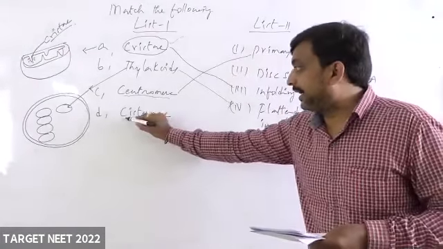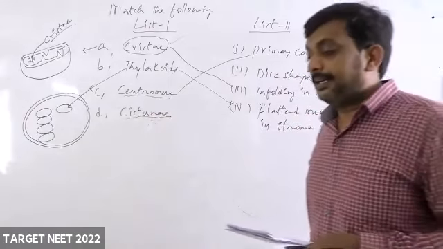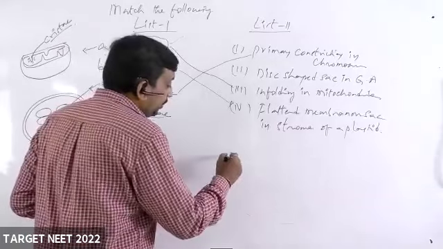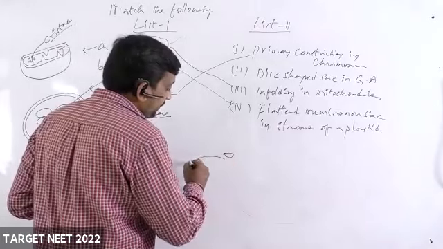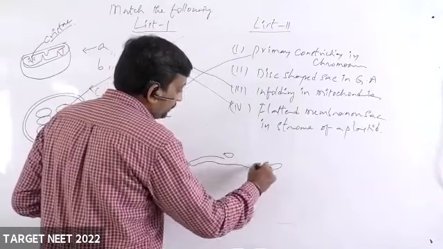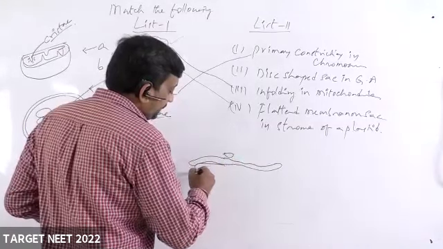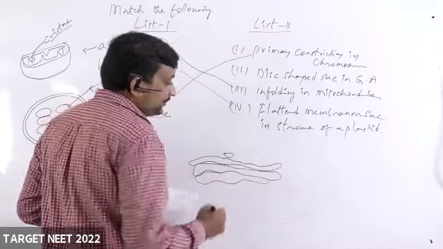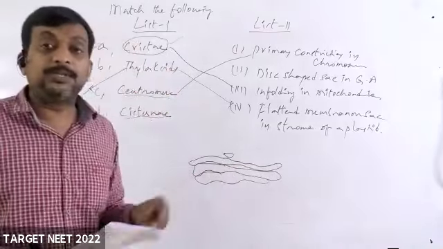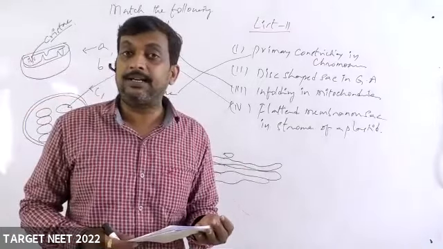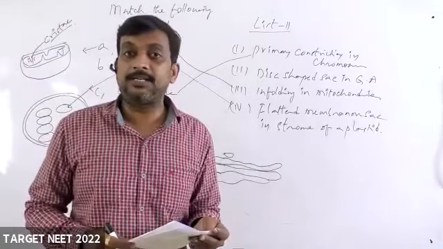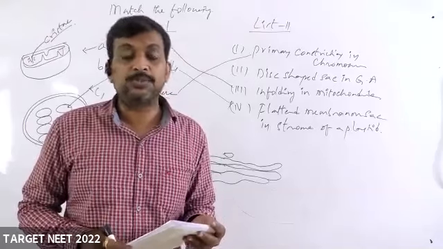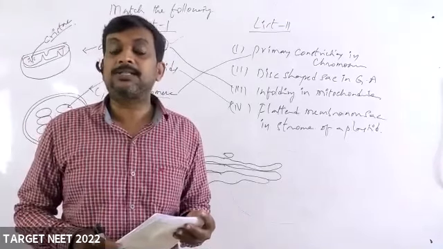Next, a cisterna. A cisterna is a flattened sac or disc-shaped structure in the case of the Golgi apparatus. This flattened sac-like structure is what we call a cisterna. The Golgi apparatus is very clear and distinct in animal cells, but in plant cells the Golgi apparatus is called dictyosomes. They are not clearly visible in plant cells.